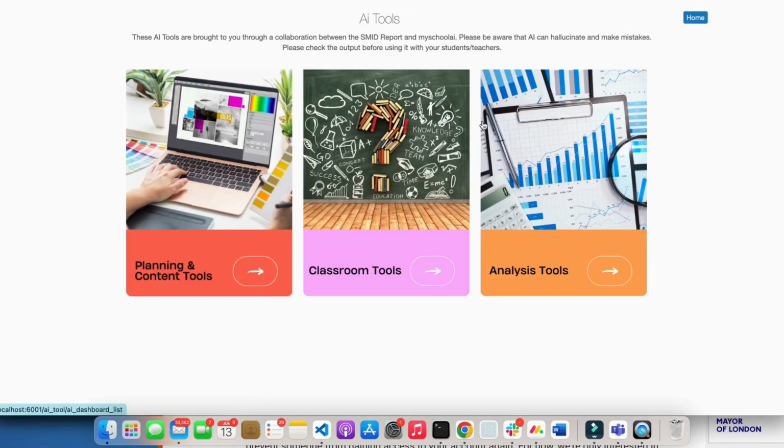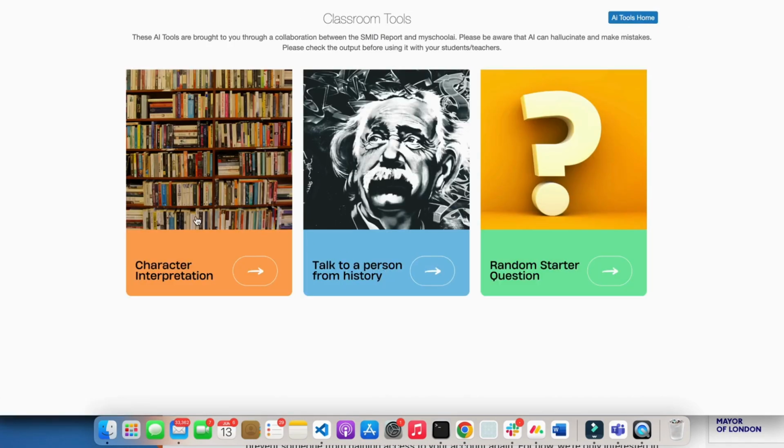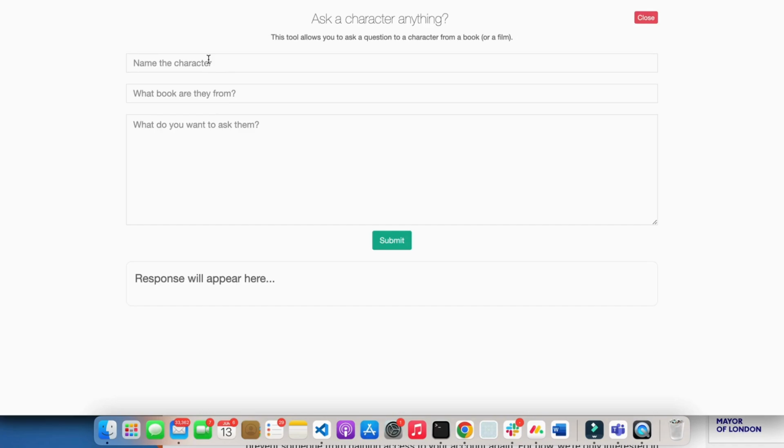So now we've got a couple of last bits. We've got classroom tools, and here we've got a few little random things, mainly just from playing around with AI tools. So character interpretation, so I can pick a character from a book. So let's make it easy, Macbeth, from the book Macbeth. What do you want to ask them? So you can say, I don't know, did you